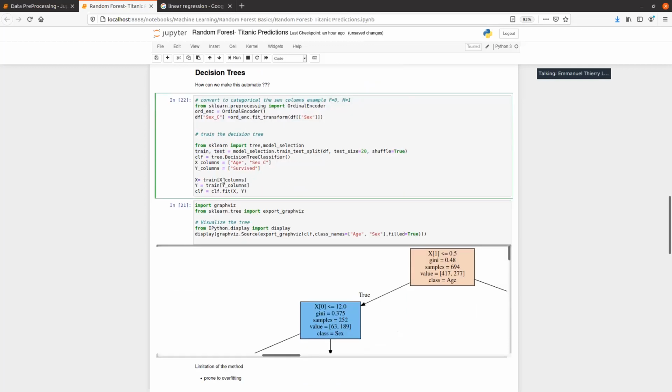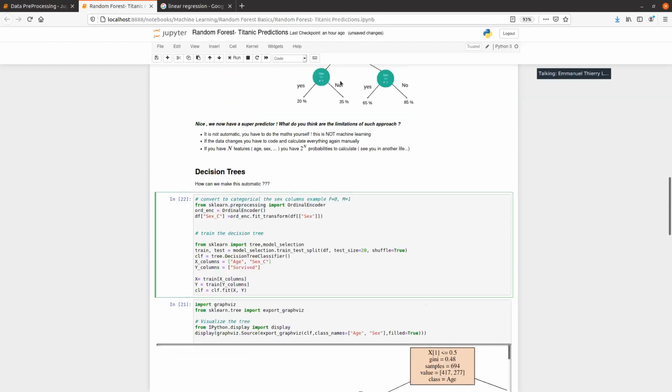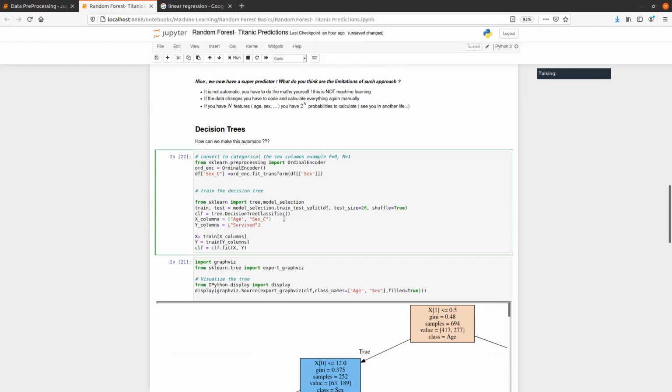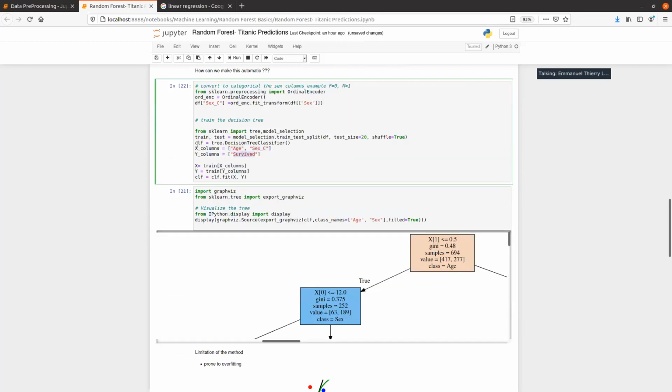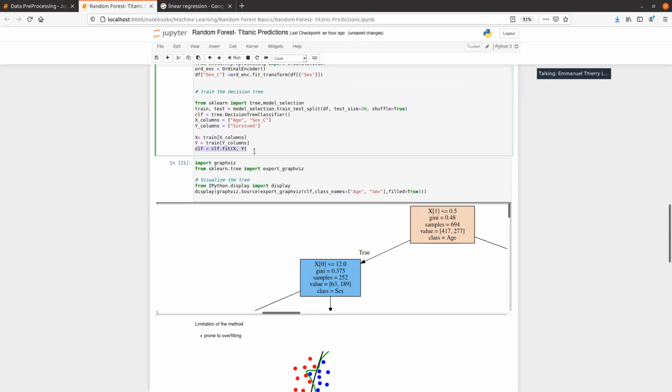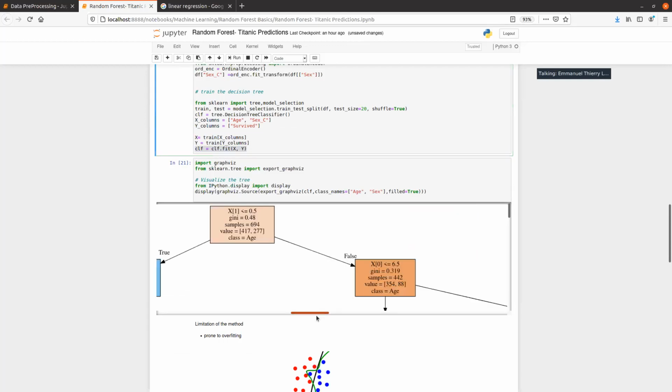Then I isolated a few features, just age and sex, the two features that I illustrated before. But I can also take more features. What I want to learn from is who survived or not. Simply by doing classifier.fit here, it's training an actual decision tree classifier for me.